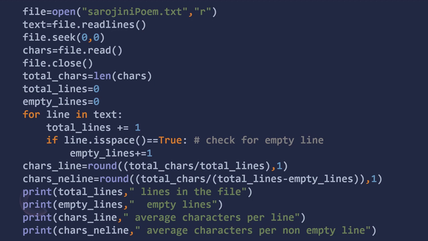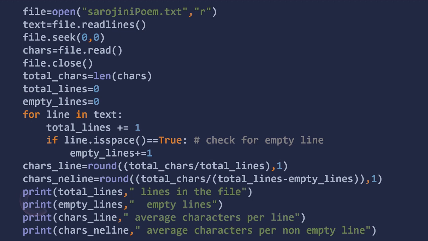Now we got total lines and we got the number of empty lines. Now characters per line that we have to store in a variable, let's say chars_line. There we can calculate the number of characters per line, that is total number of characters divided by total number of lines. That will give you total characters per line. Now we have just rounded this figure, after the decimal point there will be 1 digit, so rounded to 1 digit.